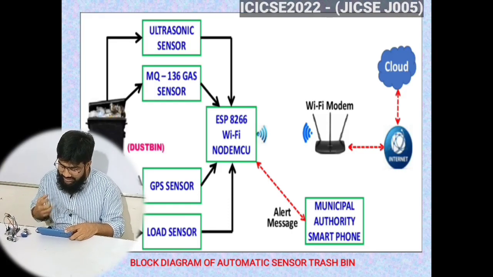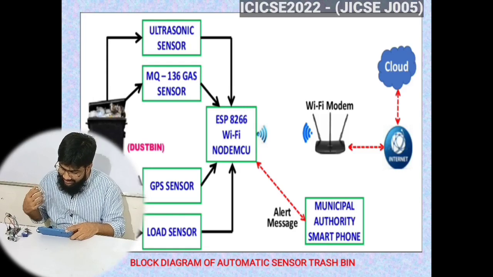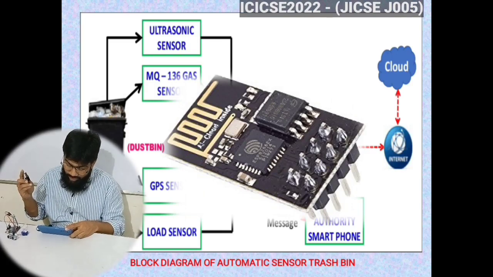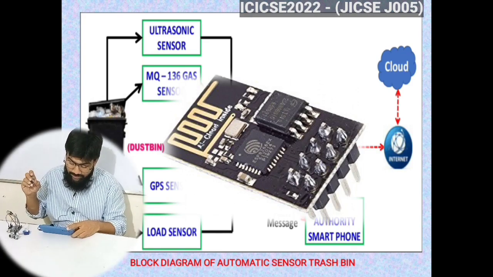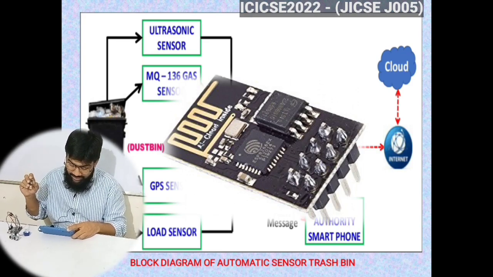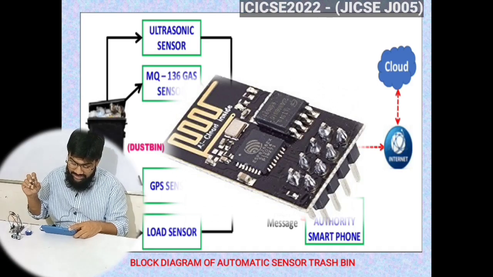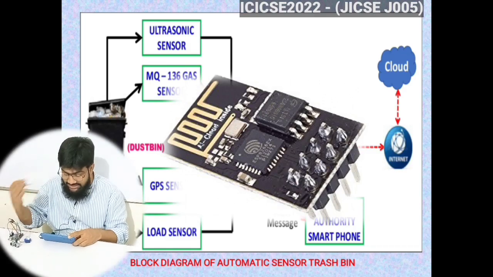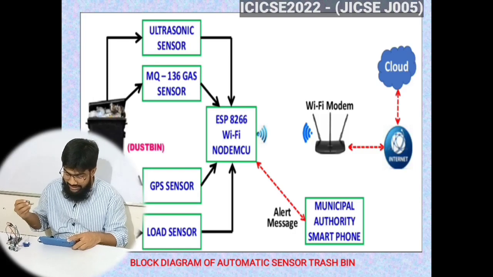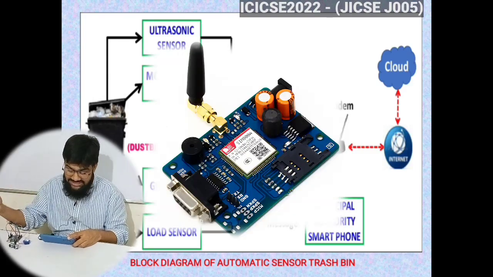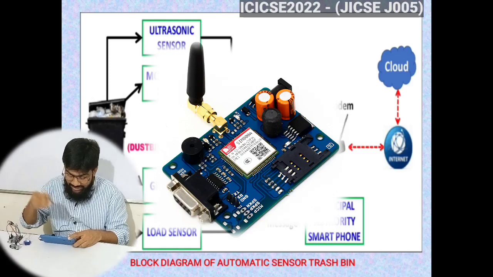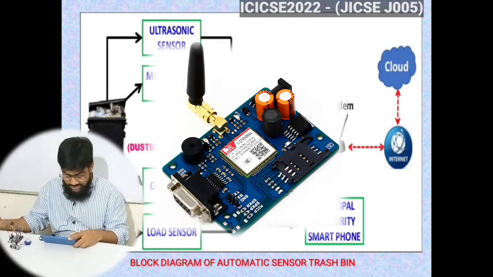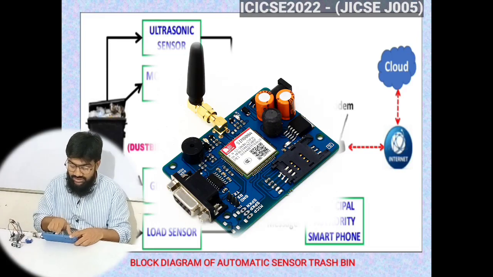So in this project we are using advanced devices like an ultrasonic sensor and an ESP module. Here you can check out, we have programmed the ESP module also, because we made it more of an IoT, Internet of Things project, with the help of the ESP01. With this we are connecting to the main server, and through the main server we are sending signals to the authority with the help of GSM modules. For messaging we are using a GSM module. For the dustbin location, we are using GPS, global positioning system. With this we are making it more feasible to work.